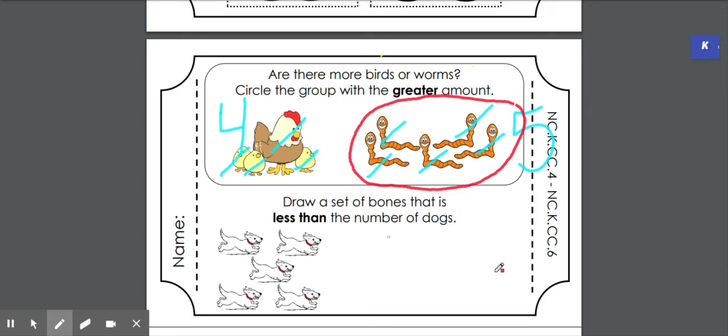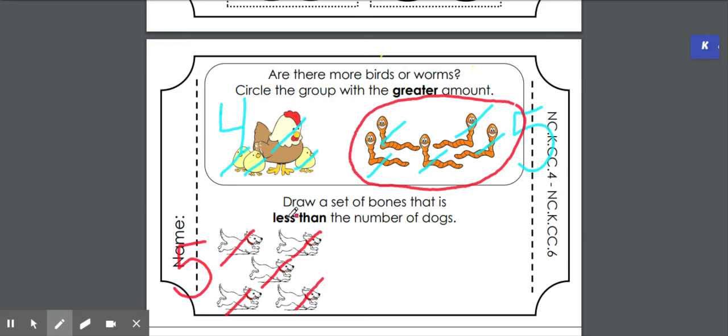It says to draw a set of bones that is less than the number of dogs. Less than, and we have to draw bones. So the first thing we need to figure out is how many dogs there are. So let's check and count the dogs. 1, 2, 3, 4, 5. I'm going to write my 5 here. 5 dogs. So I know there's 5 dogs, and it wants us to draw a set of bones that is